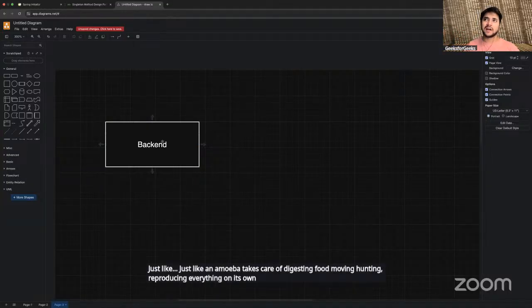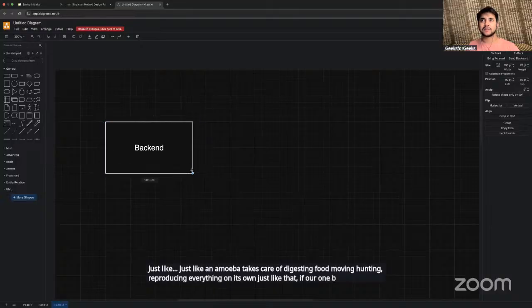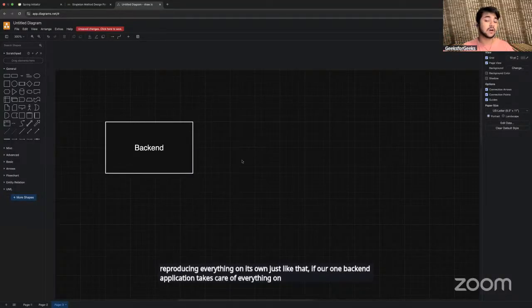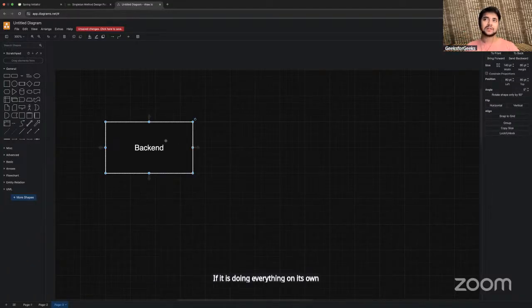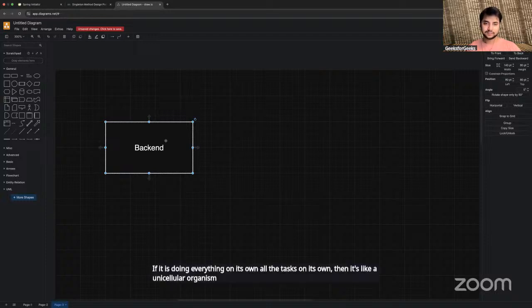If our one backend application takes care of everything on its own, all the tasks on its own, then it's like a unicellular organism.